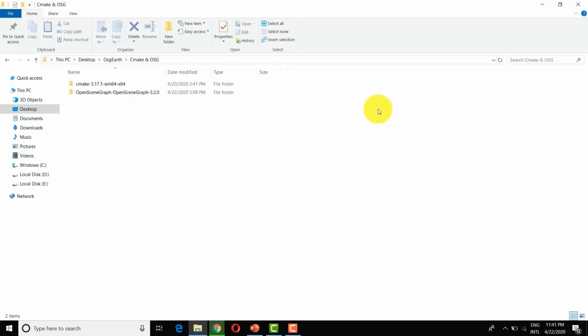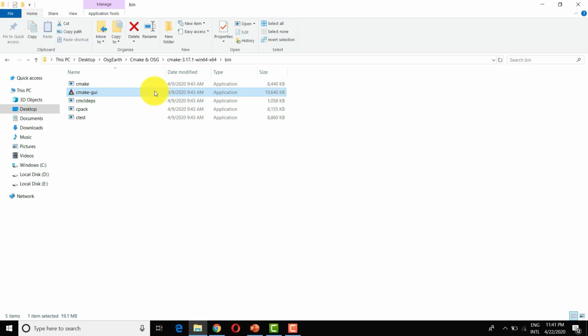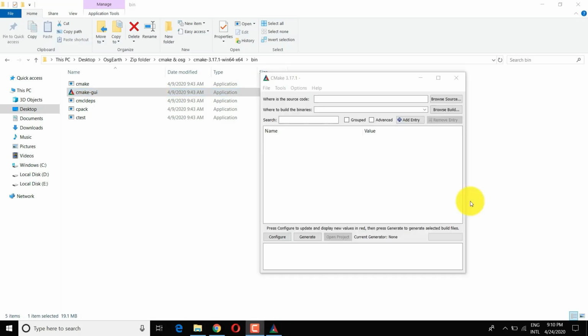So after downloading it, extract it. So these are the extracted CMake folders, and now open CMake GUI. So here browse for the source code and build directory.